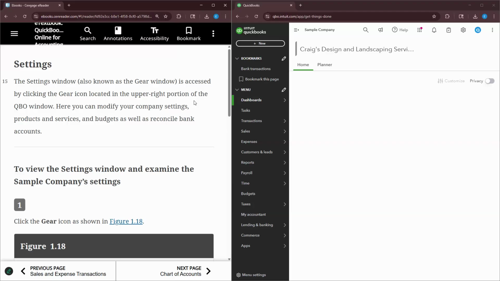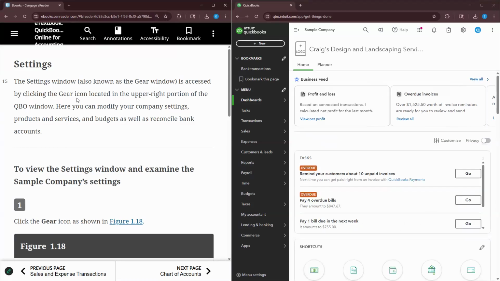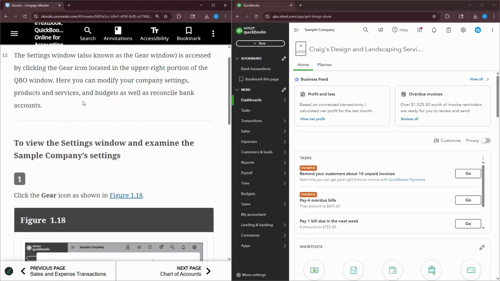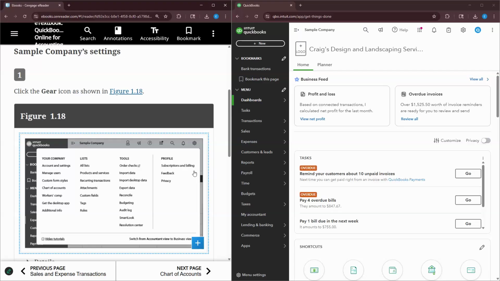All right, so now we move on to settings. The settings window is also known as the gear window. It's accessed by clicking the gear icon located in the upper right portion of QuickBooks Online. This is where we can modify the company's settings, products, services, and budgets, as well as reconcile the bank accounts. So in order to view the settings window and examine the company's settings, it's asking us to click on the